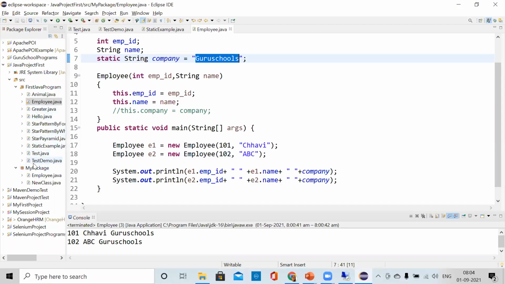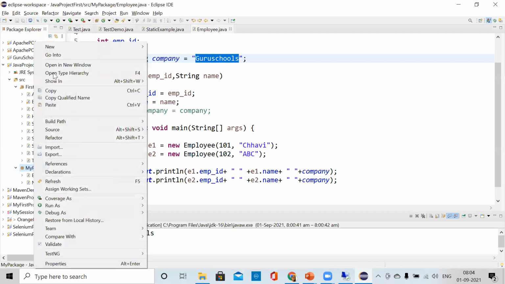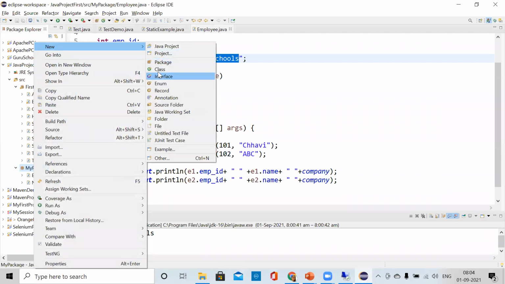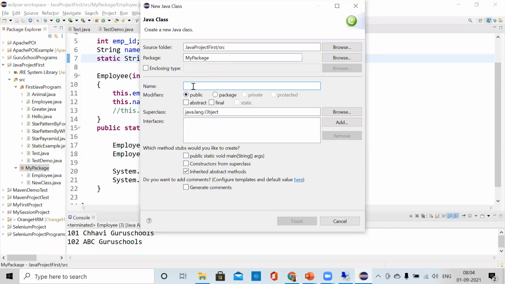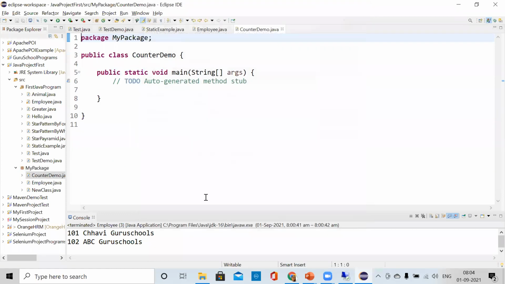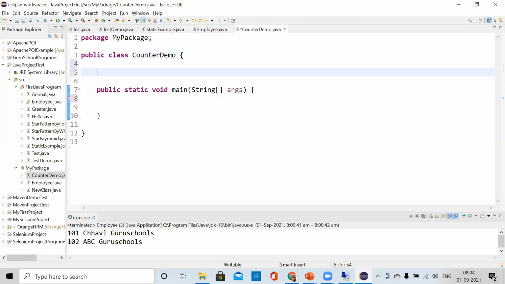Suppose I've created one class, which is CounterDemo, with a main method. Here we are creating an integer count equal to 0.